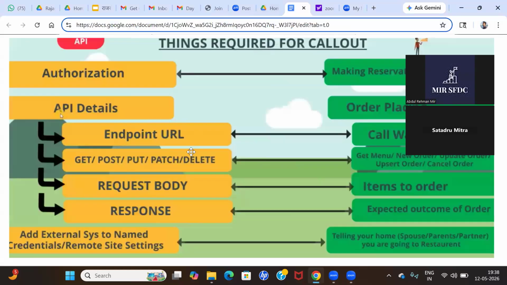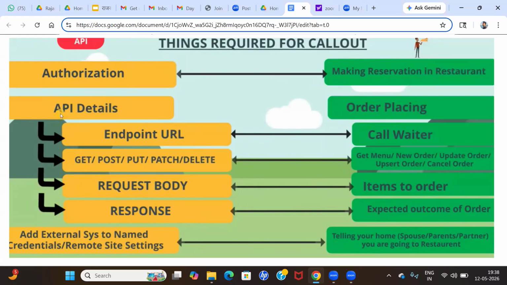Okay. So in Salesforce, in Apex, we have DML operations, correct? Insert, upsert, delete, undelete, and update. These are DML operations, right? In integration also, we have operations called methods: get, post, put, patch, and